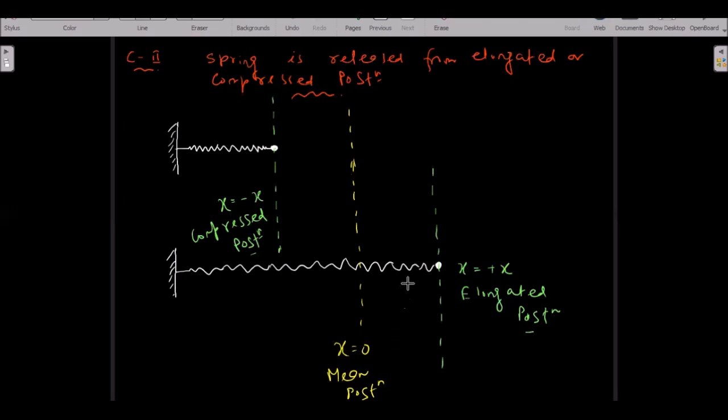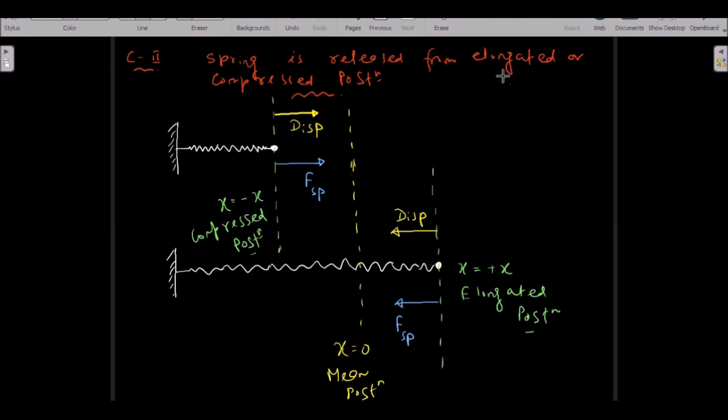So now, if it is released from the compressed or elongated position, try to understand. The moment it is released, it will bounce back to the original length. In this case, when it is released, this is the direction of displacement, and the spring force is also in the same direction. Same case for elongated and released. When it is elongated, it will bounce back to the natural length. So this is the direction of displacement, and this is the direction of F spring.